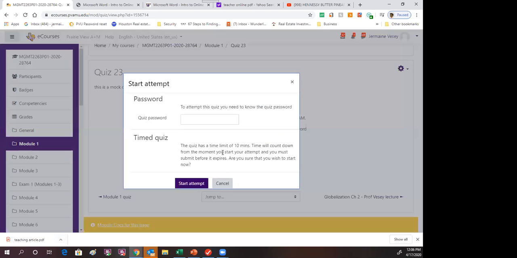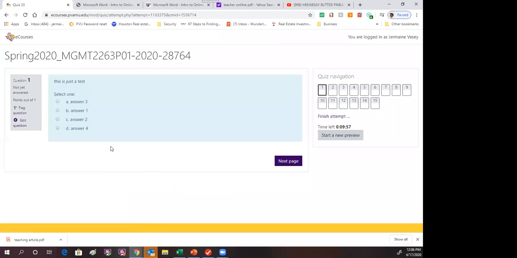If you want to preview the quiz, you can simply preview it. You can see here, I put a password in there, so it's going to even ask me the password in order to preview the quiz. I think it was password 123. Click start attempt. And here you can see this is what the quiz will look like for